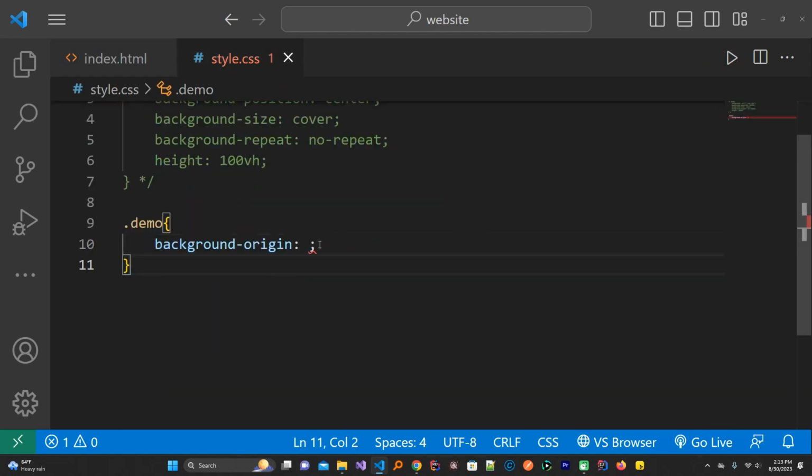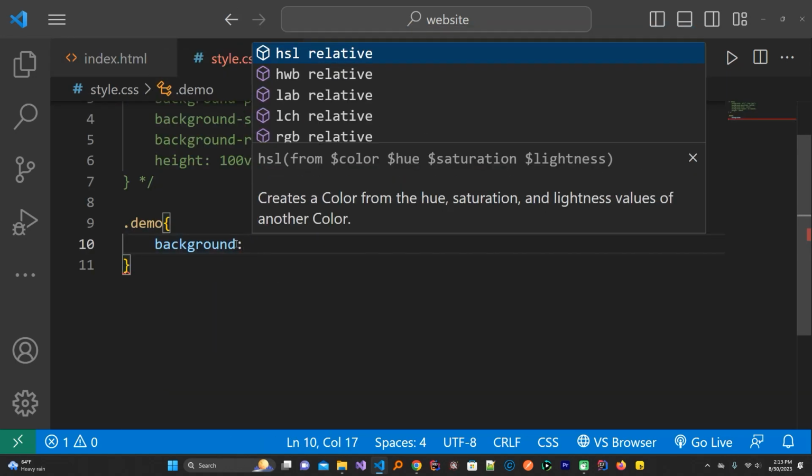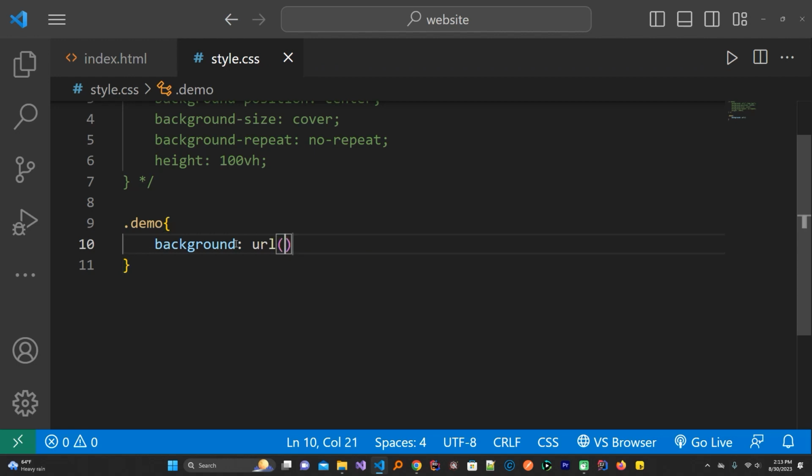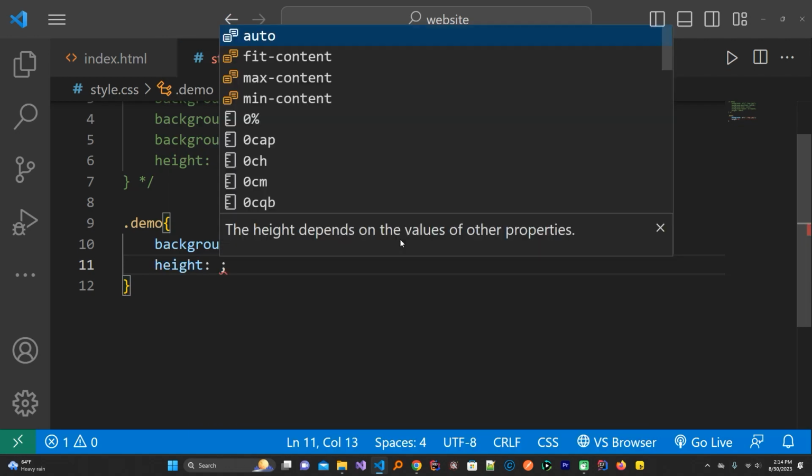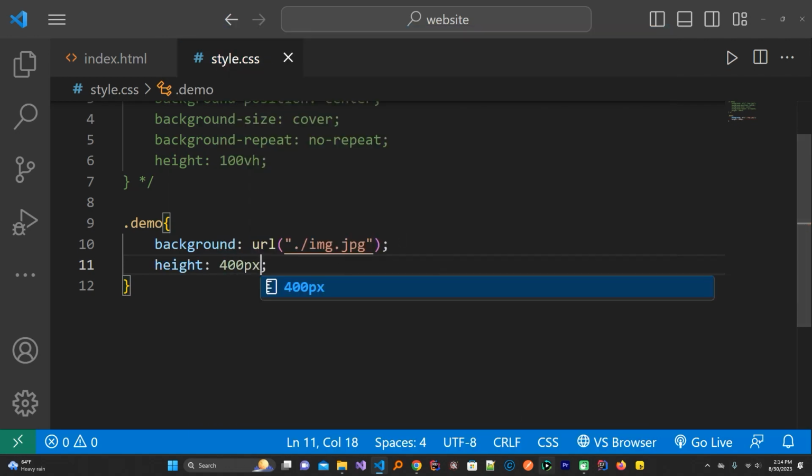So the demo is going to have a background of URL, which is equal to the img we have in the directory. Okay, so go to the browser to refresh. We see that one also there. All right, it's also there. Why are we not seeing it? Very good. We are not seeing this because we don't have the height specified. So let's specify the height to maybe 400 pixels,